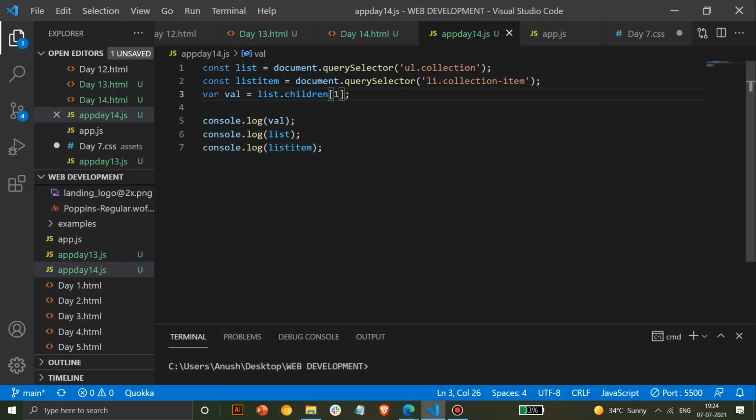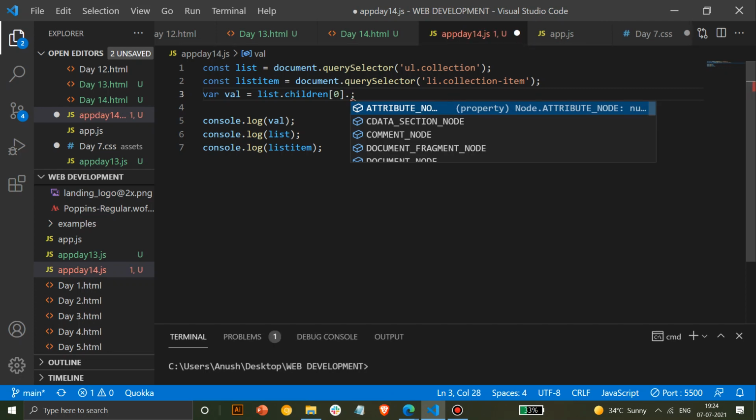So this is how you can call a specific element. If you have to modify parameters for it, you can use 1 2 3 4 5 6, depending on how many elements are present. And there's something if you have to specifically check the type of node present. Different children have different nodes present.